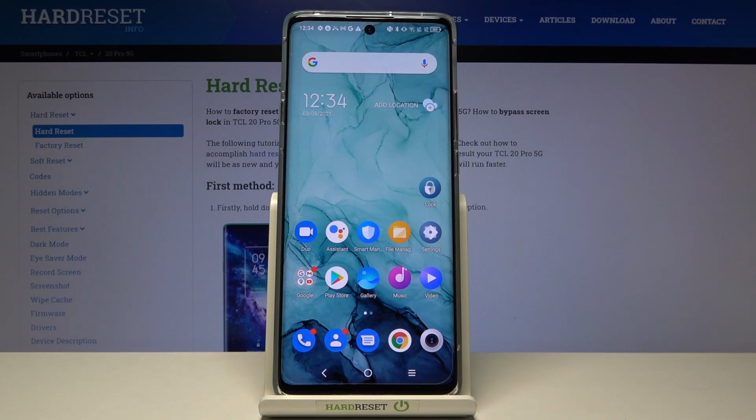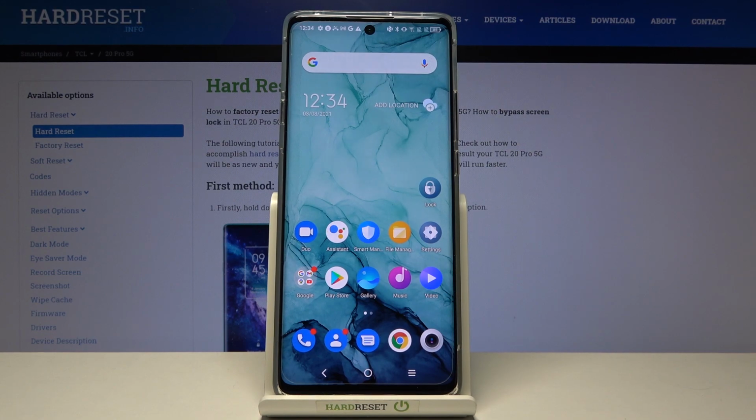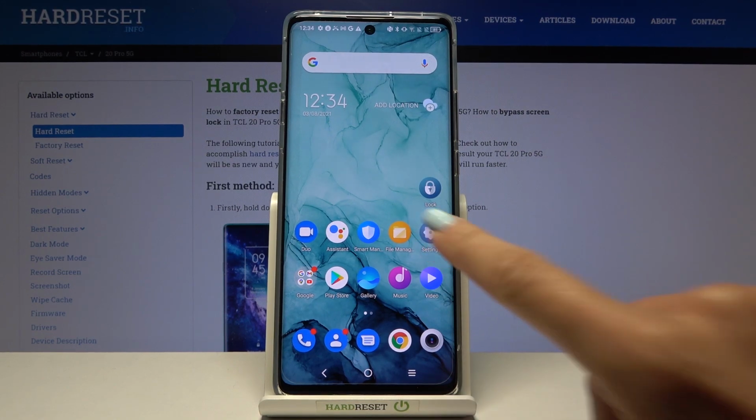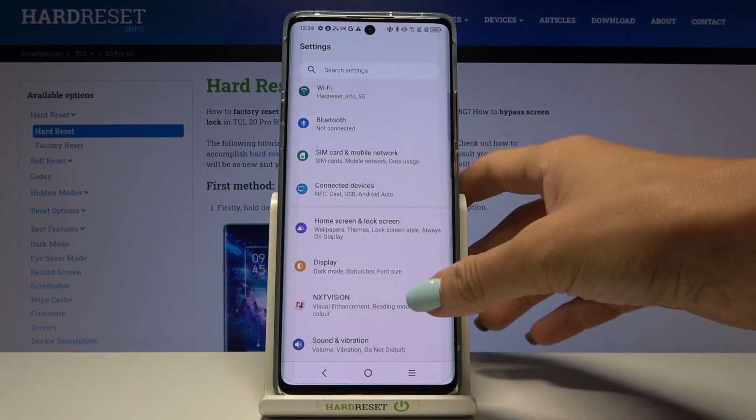Here we've got TCL 20 Pro 5G, and let me show you how to enable battery percentage in your status bar. So actually I do have mine already, but let me show you how to turn it on and off. First of all, just enter the settings, then find and select